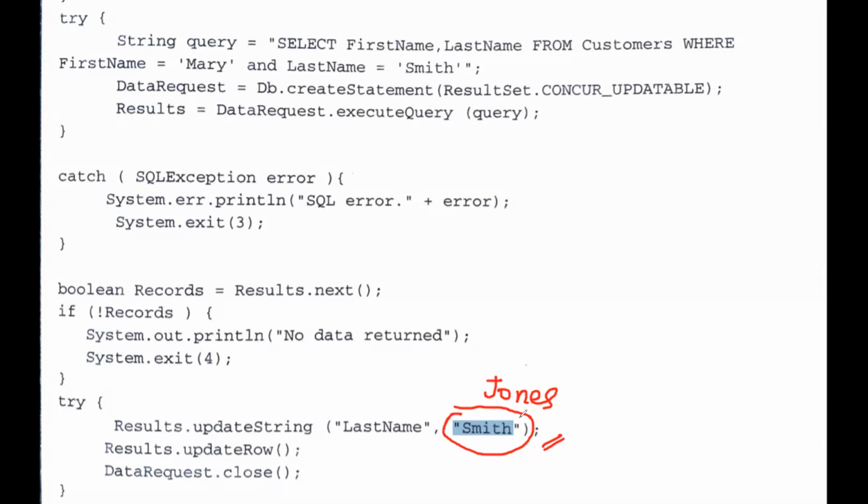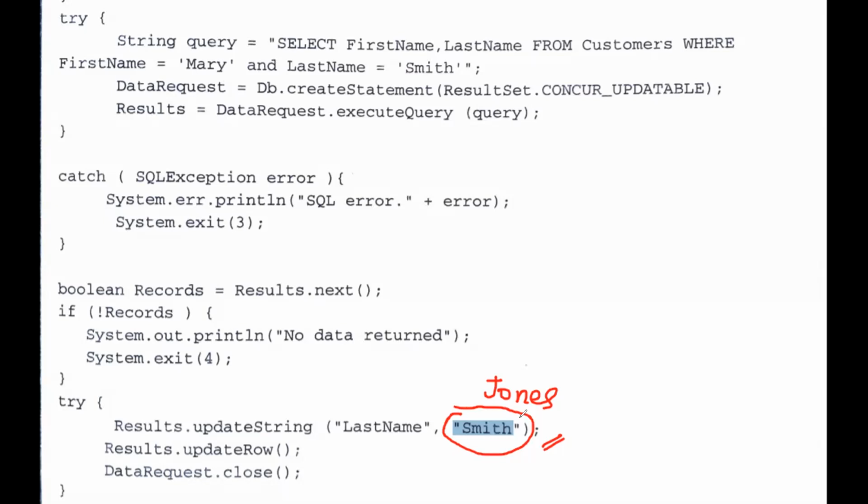Then it will make it null. The updateNull method takes only one parameter, which is the number of the column in the current row. So updateNull doesn't accept the name of the column as a parameter. That is the difference between updateString, updateInt, and updateNull. If we want to put a null value, we have to use the updateNull method, and it takes the column number as the input.